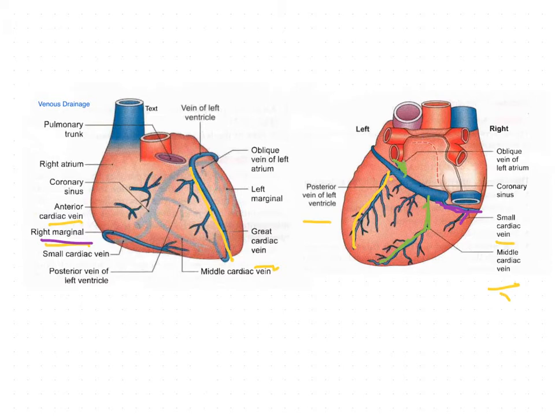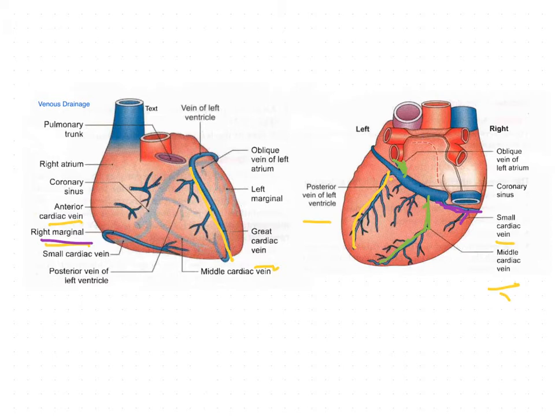It terminates into the left end of the coronary sinus. Okay. And it develops from the common cardinal vein, which may sometimes form a large left superior vena cava. So this is one of the features of this oblique vein. The important thing is that it is a small vein running on the posterior surface of the left atrium and it terminates in the left end of the coronary sinus.